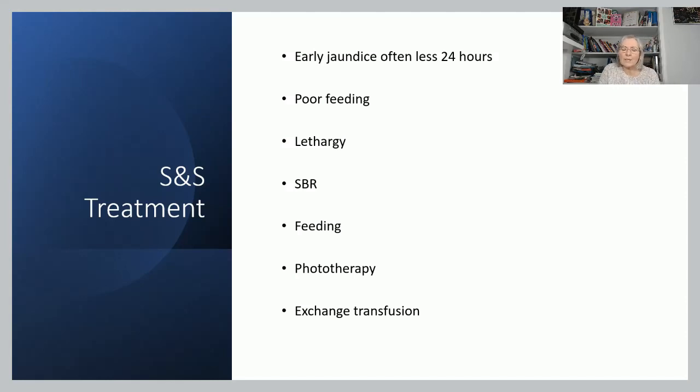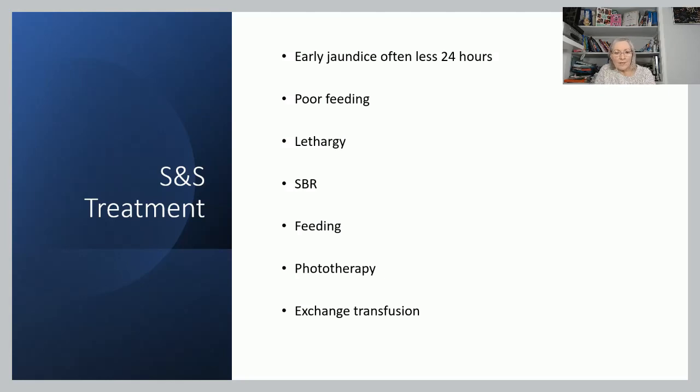Exchange transfusions are really when the levels are very, very high, and we worry about very high levels because they can lead to a disorder called kernicterus, which will lead to brain damage. So this is why we get very worried about jaundice, and jaundice will appear because of hemolysis, that breakdown in red blood cells. So it's not just the ABO incompatibility or the rhesus incompatibility that will be the problem, but